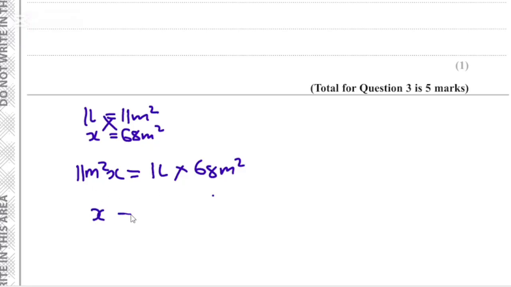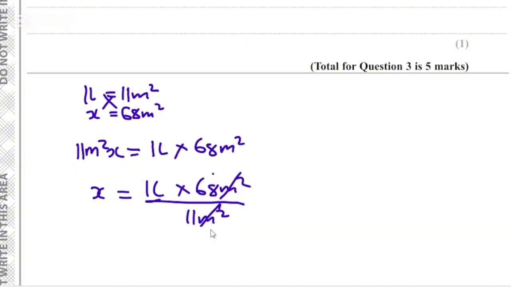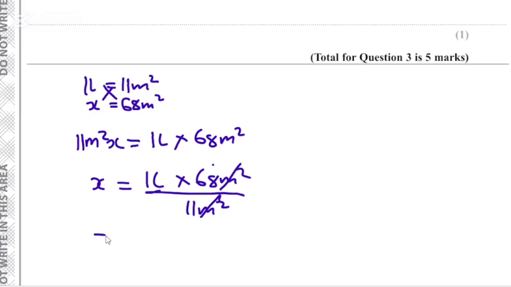So we have x is equal to 1 liter times 68 square meters divided by 11 square meters. All right. So the square meters will cancel. What will remain is just 68 liters,